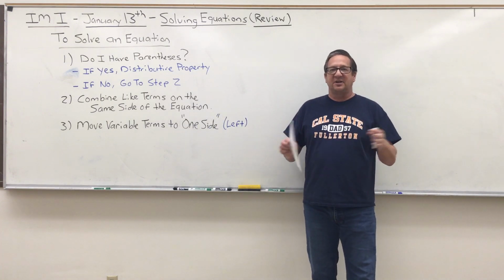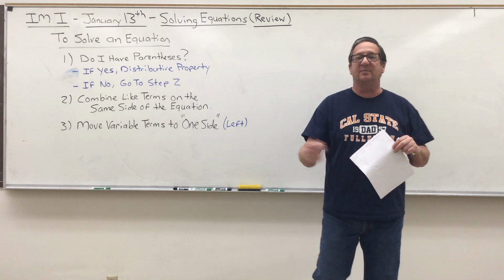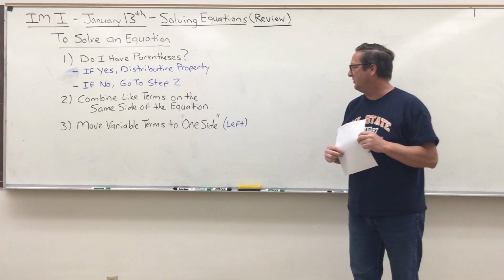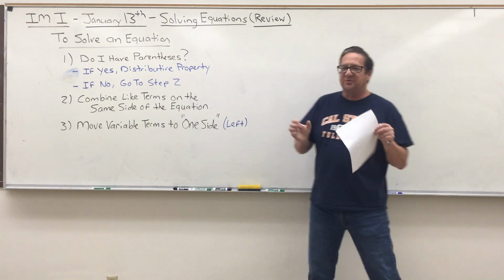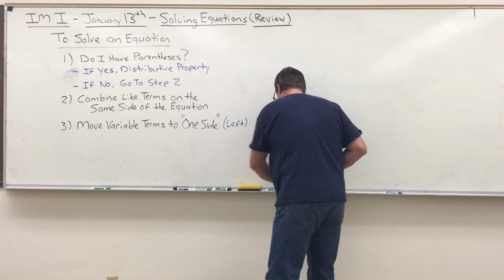And most of us are comfortable moving the variable terms to the left, and then we're going to put the number terms to the right, right? So we'll write that in step 4. So variable terms are letters. And then, of course, step 4,